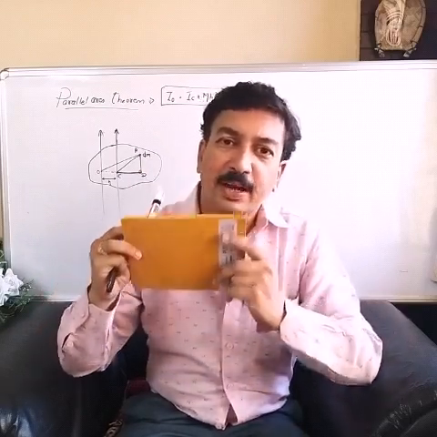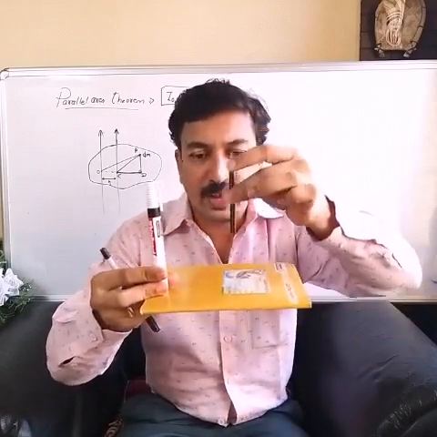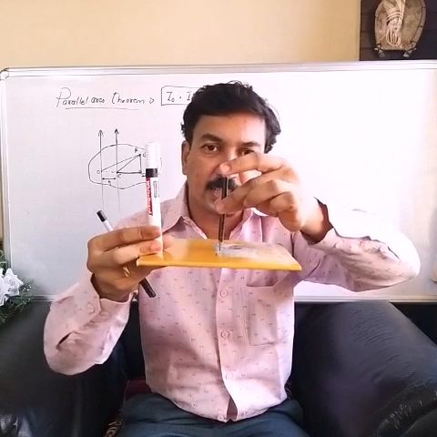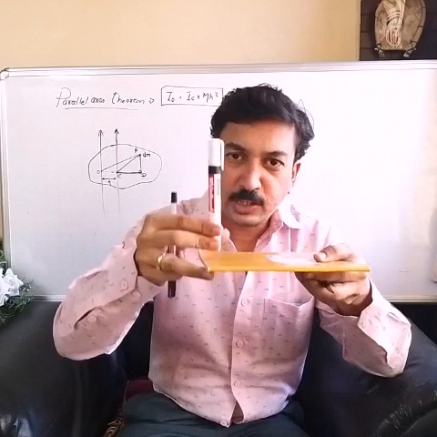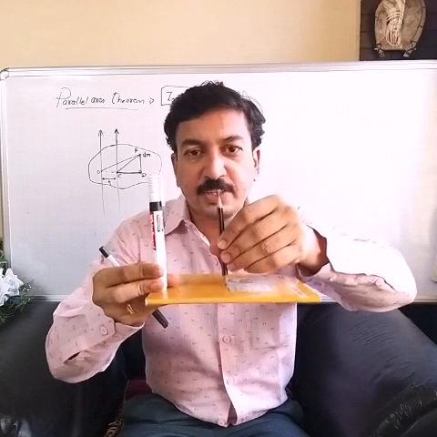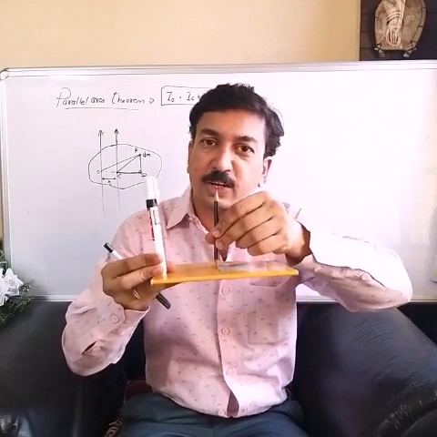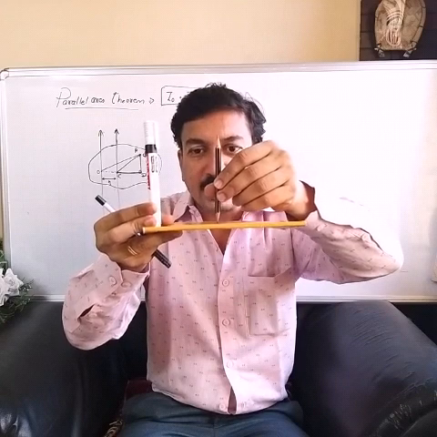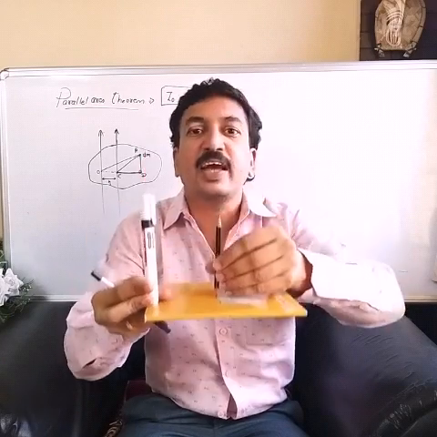Then, according to the parallel axis theorem, you have to do one thing. You have to pass one more axis through the center of mass, and find the moment of inertia about this axis. I call that IC, and the moment of inertia about the axis O is called IO. So I have put one more axis which is parallel to the earlier axis, passing through the center of mass, which I already told you about. Now we have two parallel axes, and the distance between them is h.